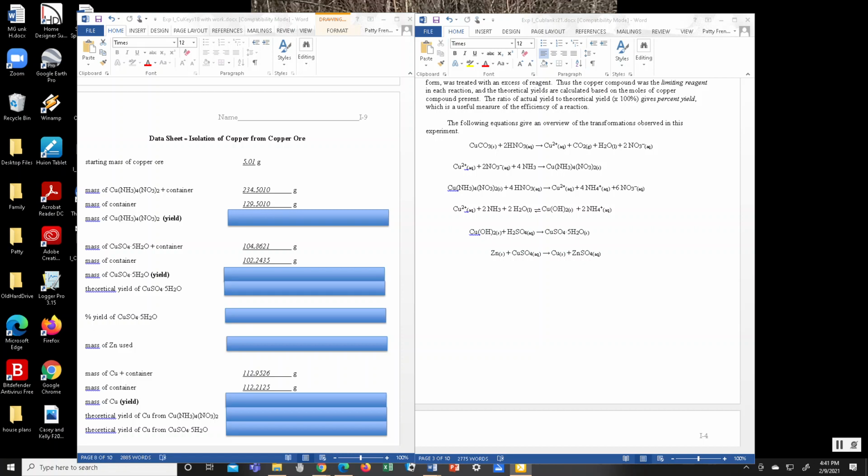Welcome back to the Copper Isolation Lab. Today we're going to be focused on figuring out the data and how to get the answers that we want from the data. And in order to do that, we're going to have to look at the stoichiometry as well as the reactions. Now, as you remember, the reactions that you carried out first were having